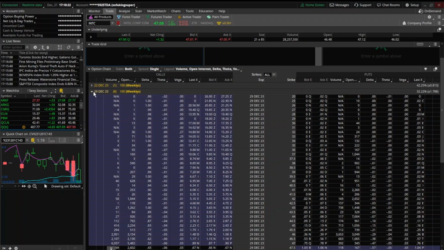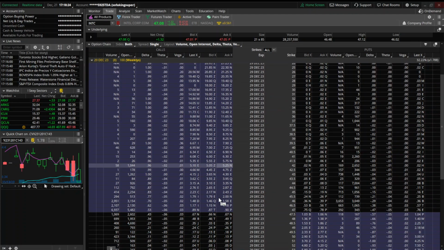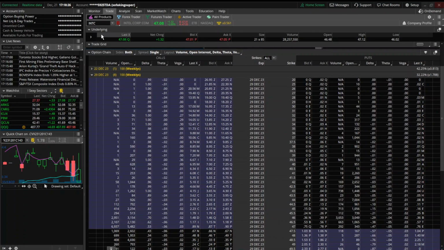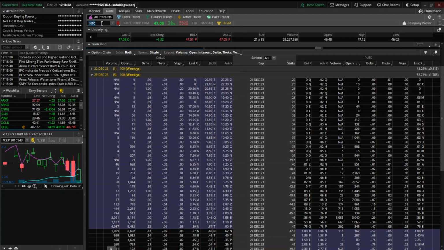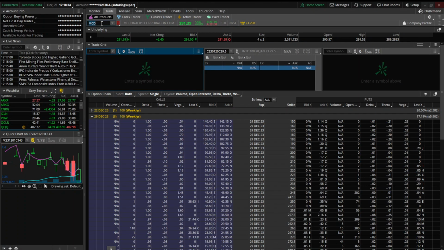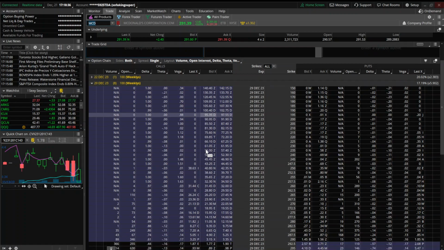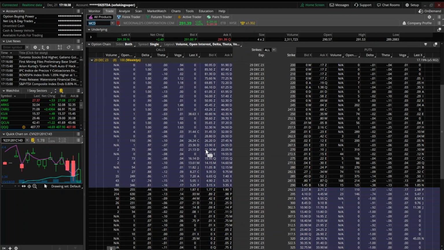Let's start on the December 29th because they'll be more expensive because you're buying time. And so the first up to bat was McDonald's. You just type that in there, see what the contracts are looking like before you even chart this beast. So close to the money, you got $2 almost. The last one went for almost $2. A little bit out of the money,